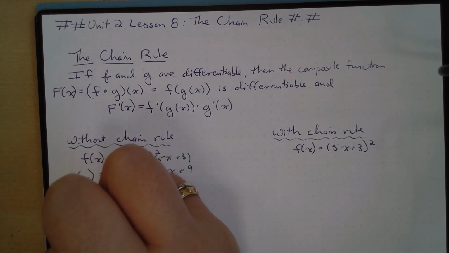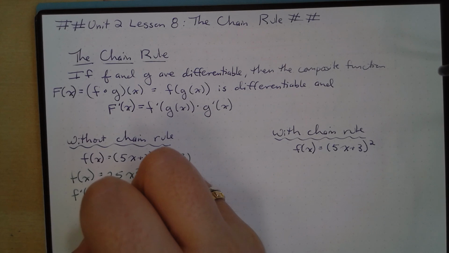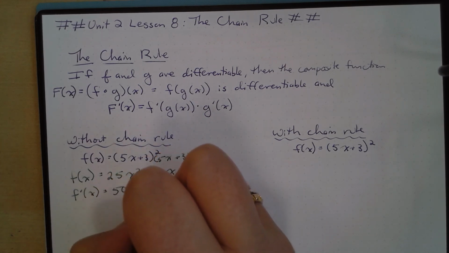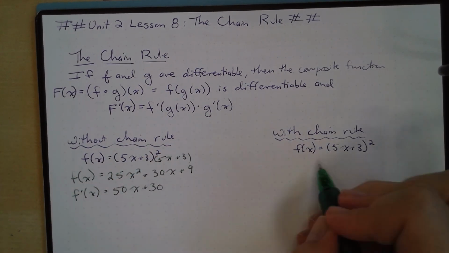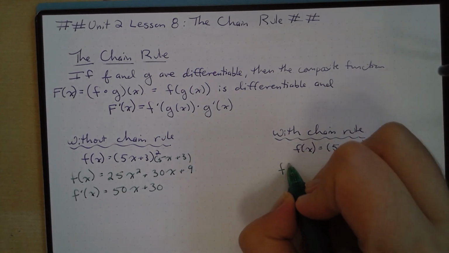And then I can actually find my derivative. So this is going to be 50x plus 30. Okay? But if I want to use the chain rule, I'm just going to start f prime of